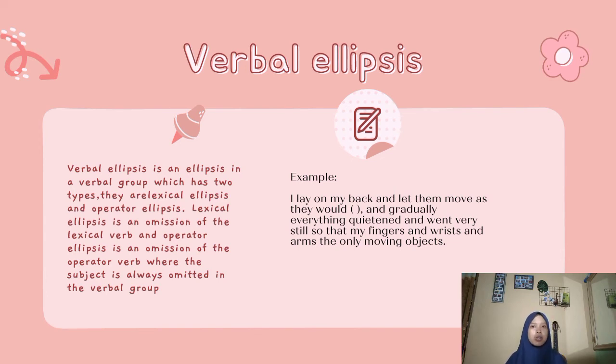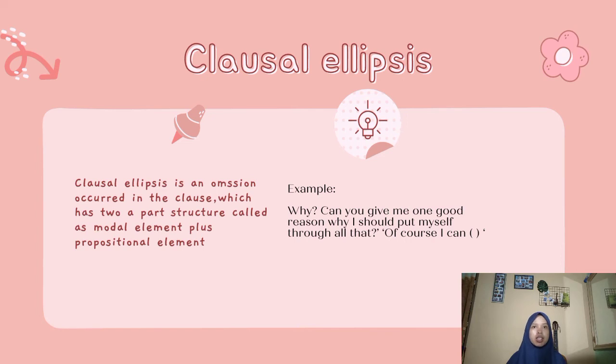And then we go to the last, clausal ellipsis. Clausal ellipsis is an omission that occurs in clauses, which have a two-part structure called a modal element plus a propositional element. And we go to the example sentence of clausal ellipsis. The clausal ellipsis in the data can be described through the non-elliptical structure of the data. Therefore, the